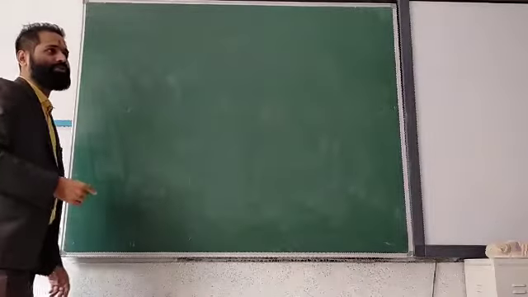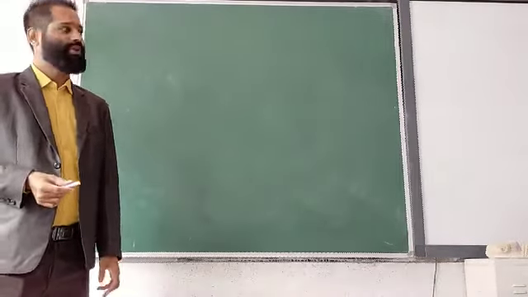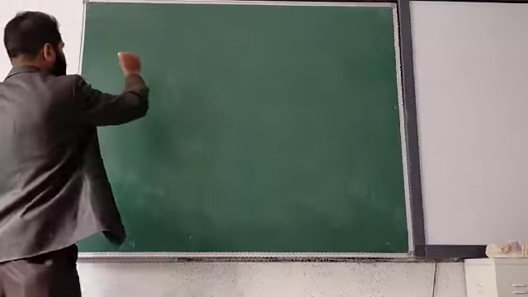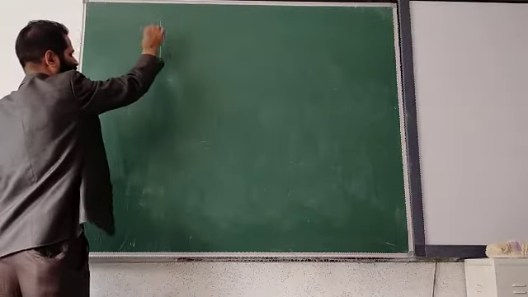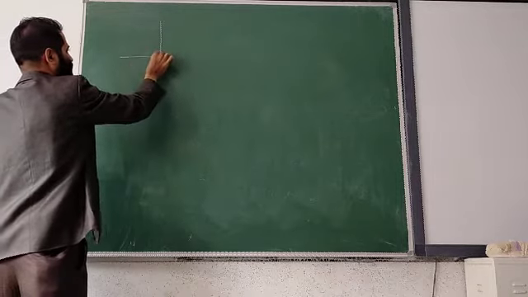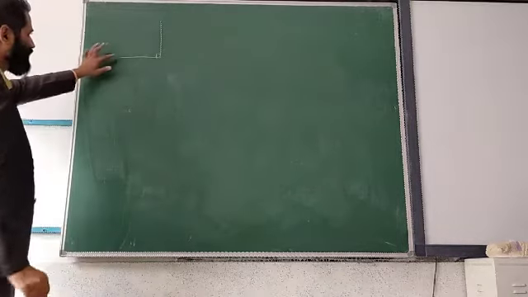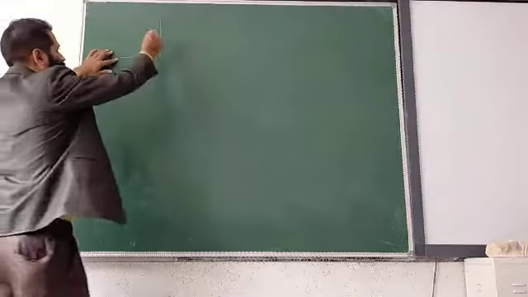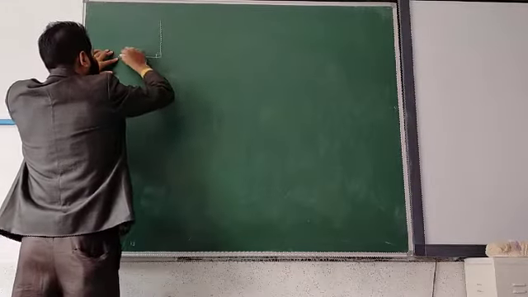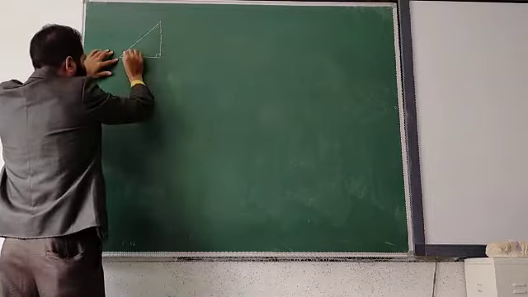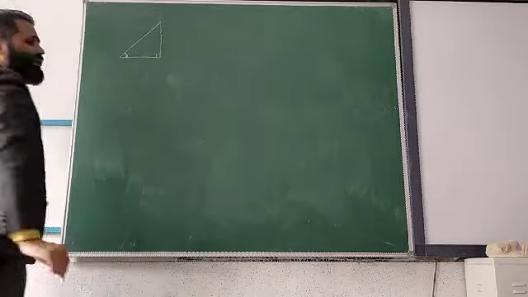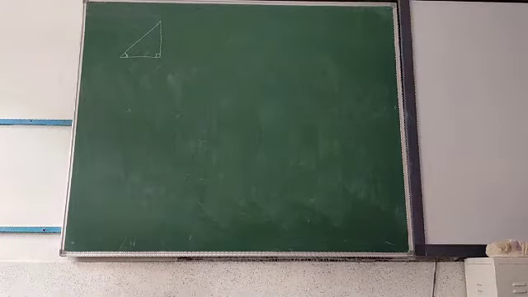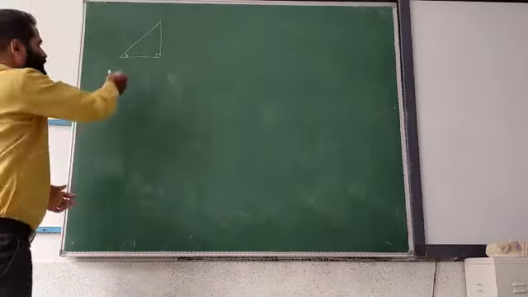In this, first of all, you should know what the angle of elevation is. Angle of elevation means, let's suppose this is a tower or a building or a pole, anything, and this is the ground. A person is observing from here to the top of this. From here till this, the angle between them is called the angle of elevation. That means when we observe something up to some height, that is called angle of elevation, when we look up.